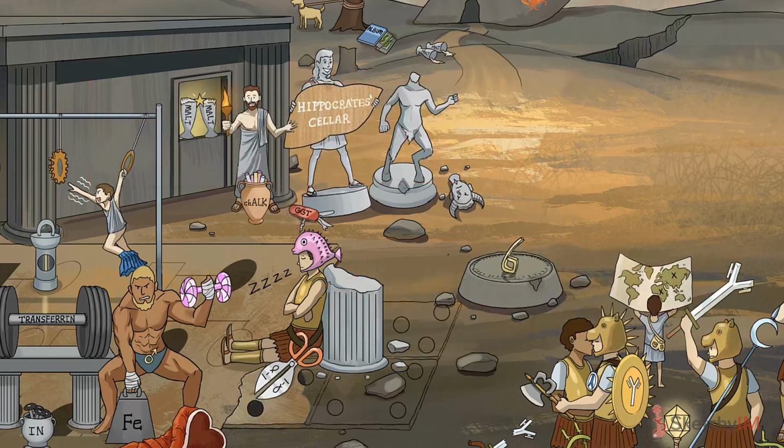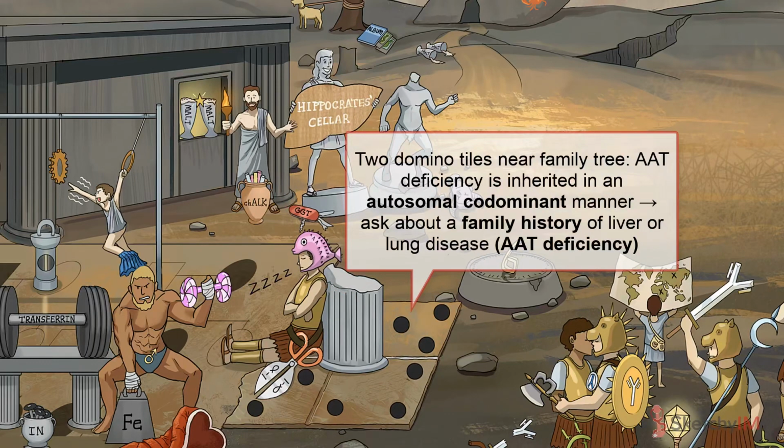Unlike the two other genetic disorders in this sketch, alpha-1 antitrypsin deficiency is not autosomal recessive. Instead, it's inherited in an autosomal codominant pattern. In this type of inheritance, heterozygotes may have an intermediate form of the disease. In the case of AAT deficiency, heterozygotes who smoke are at an increased risk of lung disease compared to smokers in the general population. Like hereditary hemochromatosis and Wilson disease, patients with alpha-1 antitrypsin deficiency may have a family history